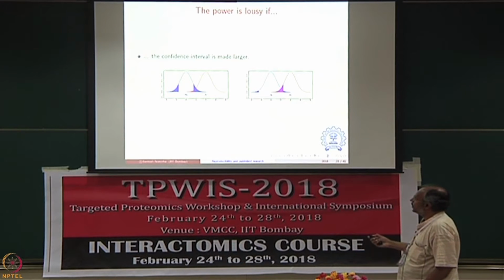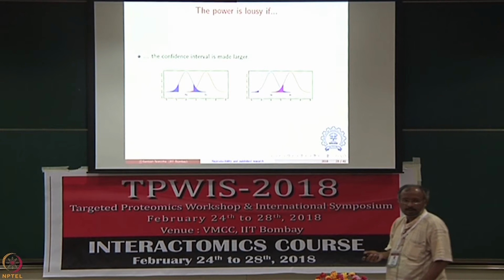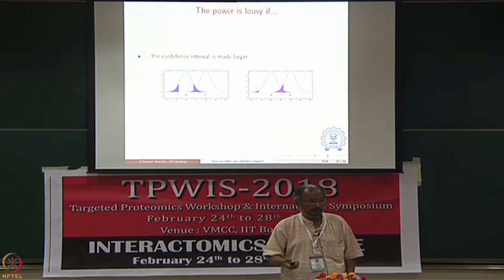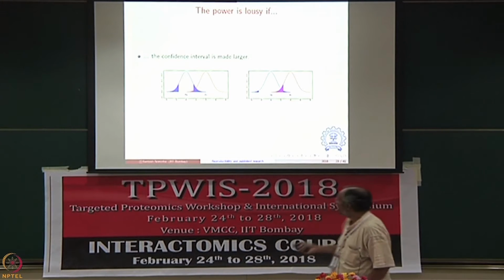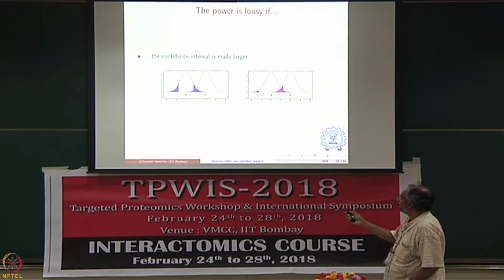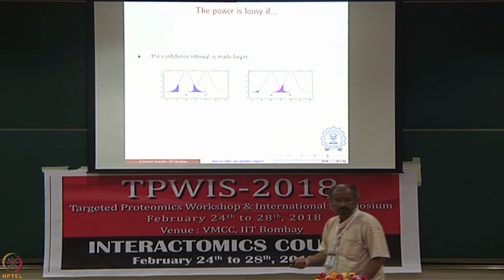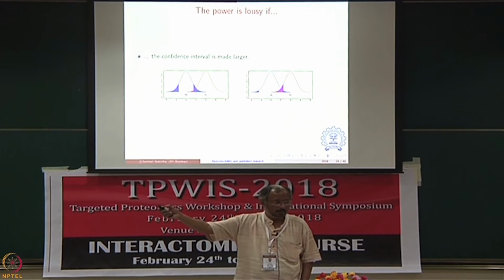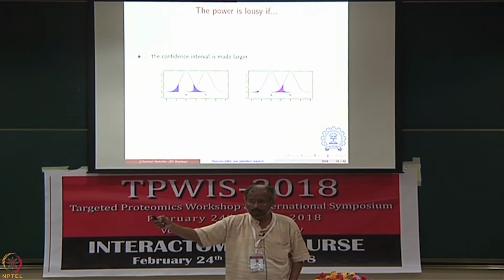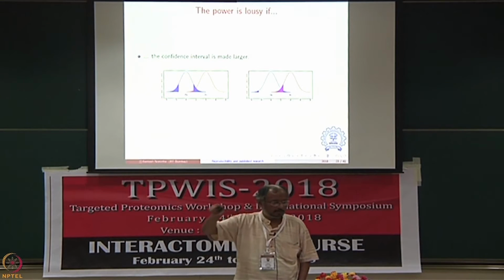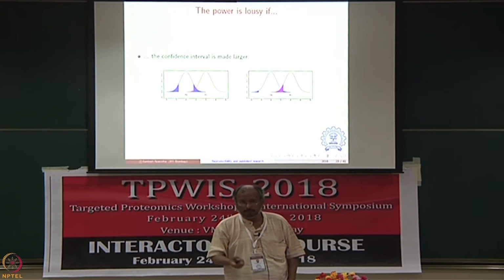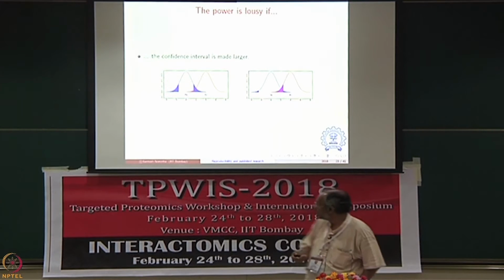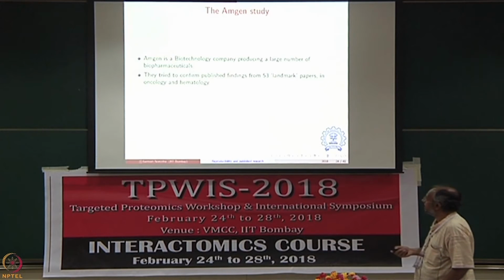Okay? If you are going to make your confidence interval large, if somebody says that really you ought not to be talking about 95% confidence, you need 99% confidence, then the immediate outcome is that the moment you move your error bar, your thresholds, further out, this purple area which was small here has become large here. So, that worsens the case. There is no clean solution here. The moment you try to improve one situation, something else in your analysis is going to worsen somewhere else. And my point is to prove that everything is interlinked, and you therefore ought to be talking about the significance of a result as well as whether this is a powerful test being done.